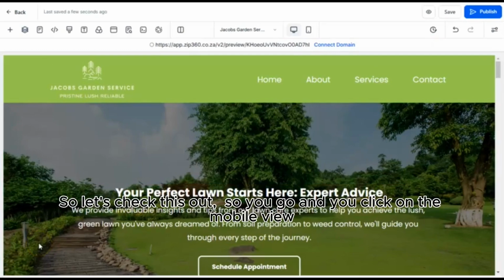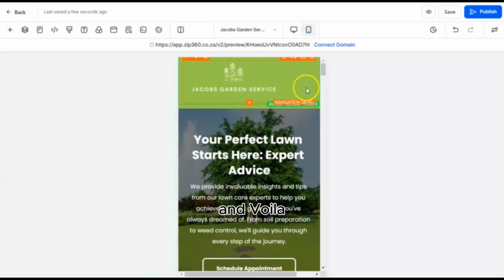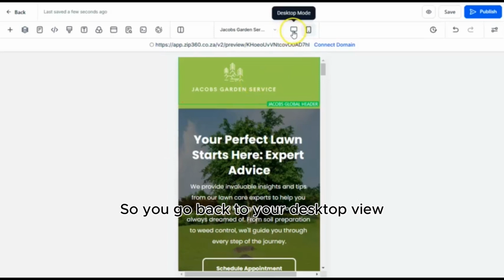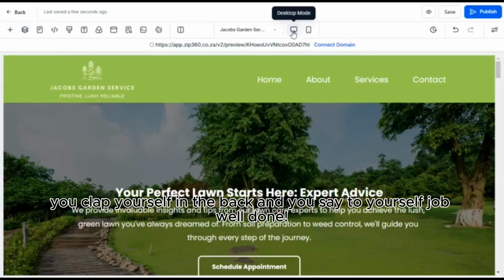Okay, great stuff. So let's check this out. So you click on the mobile view, and voila, you have a navigational menu in your mobile view. So you go back to your desktop view, you clap yourself on the back, and you say to yourself, job well done.